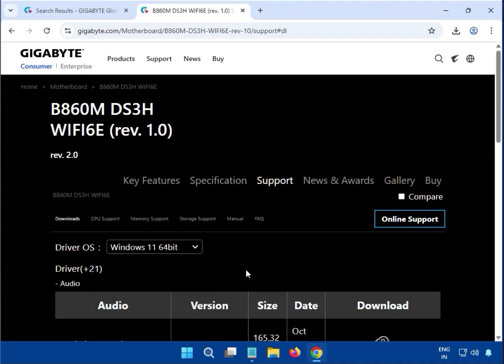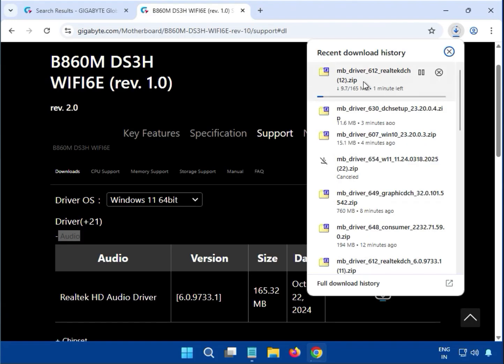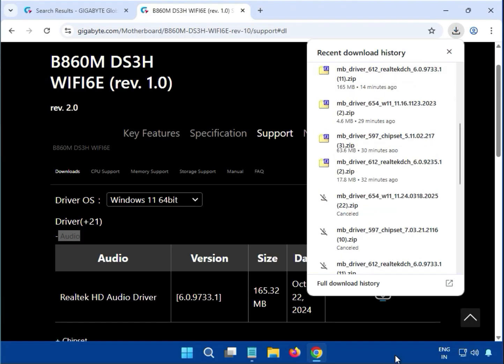Select any, because the driver installation process is the same for both. Audio driver, click to download. It will start downloading. So it is complete. Then just open it,